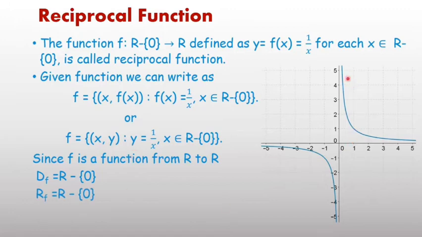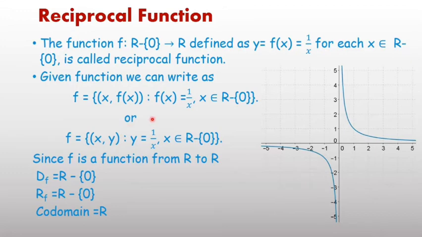Now values of y. Using the graph we can also check. Movement of the graph on the x-axis is from plus infinity to minus infinity, all real numbers, but at x equal to 0 it never meets the y-axis, so all real numbers except 0. The same for the y-axis: values of y, movement along the y-axis, all real numbers except 0. It will never meet the x-axis for any value of x. Therefore, the range is also R minus {0}, and the codomain is real numbers.